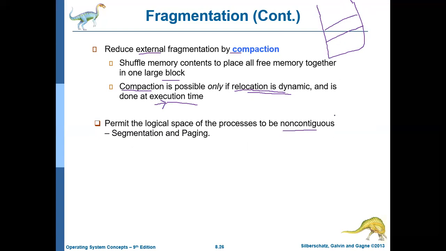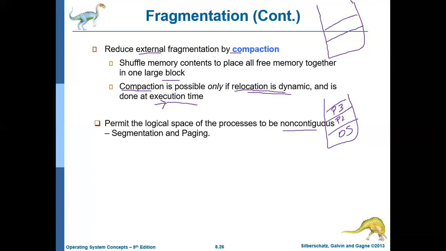But initially when the memory is empty, only the OS is there. The remaining block, how is it allocated? It is allocated contiguously. First P1, then P2, then P3, it goes on that way. But the second way of dealing with external fragmentation says that if memory can be allocated in a non-contiguous fashion, then also external fragmentation can be avoided.